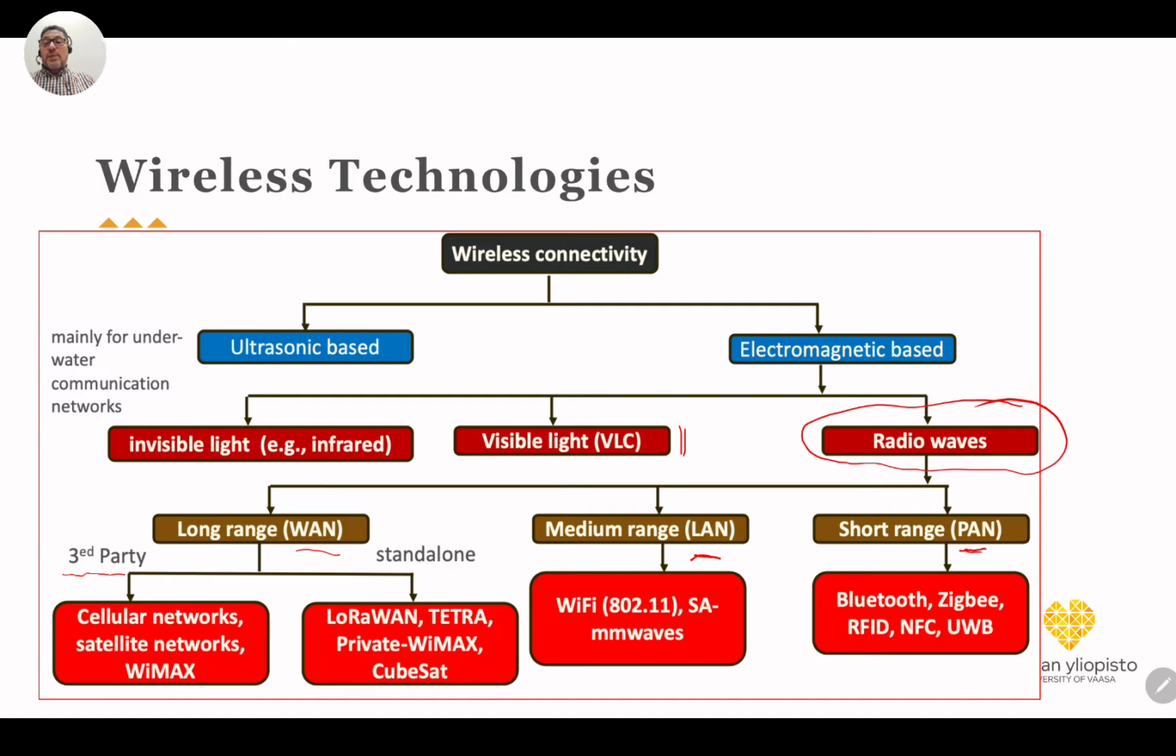And then the third party is based on another operator, so you just rent the service from them, like cellular networks, which includes 3G, GSM, 4G, 5G, and of course those can provide very wide range or long range communication, and satellite networks and WiMAX in general. So we also have those third parties, and it depends, of course, on the costs, and also on the aim